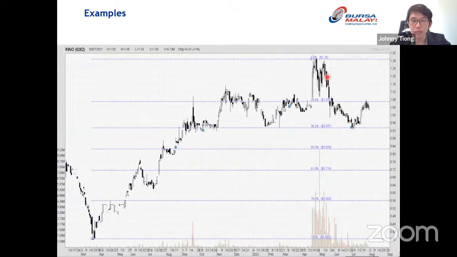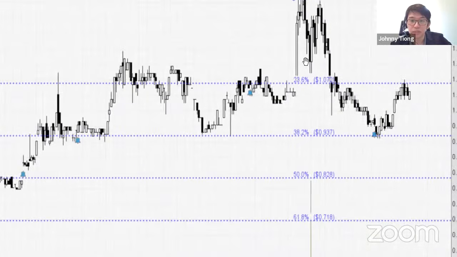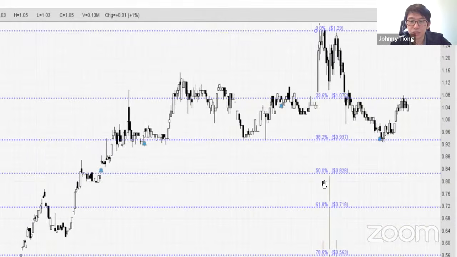Okay, so we start. How do we draw the Fibonacci retracement? We come back to the pre-COVID, the COVID, whereby the stock price fell until, I can say this is a reset level, meaning what has happened in the past, we don't need to care. This is the reset button. So we start from here, we draw the Fibonacci from the highest point down to the lowest point, and then we can see the 0% on top, 23, 38, 50, 62, 76.